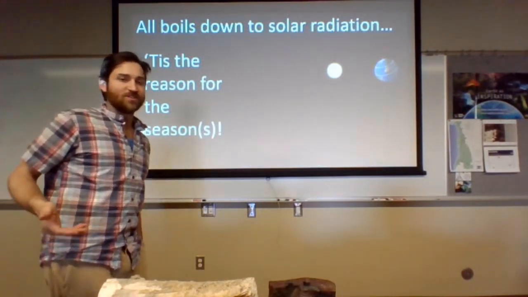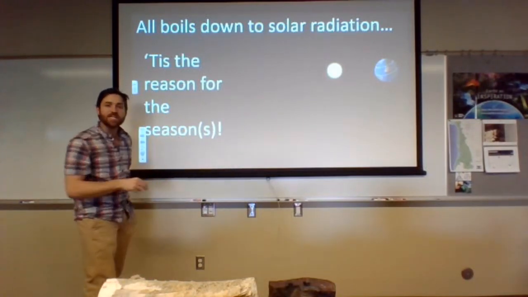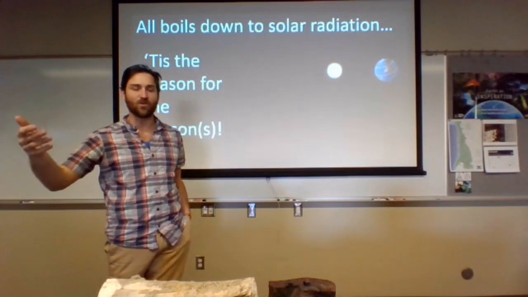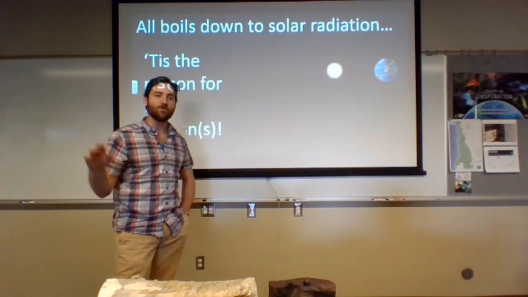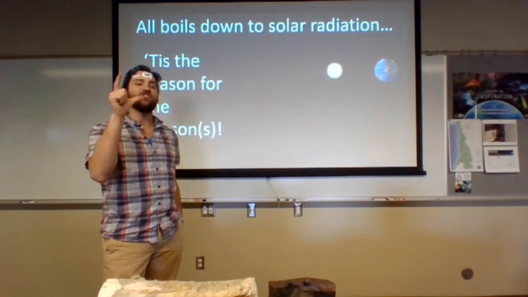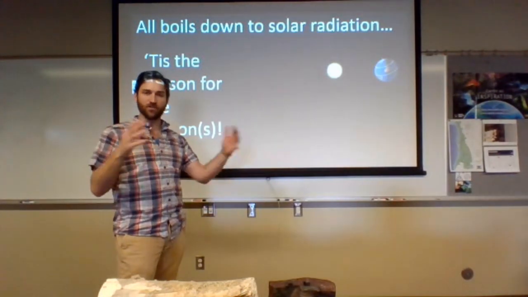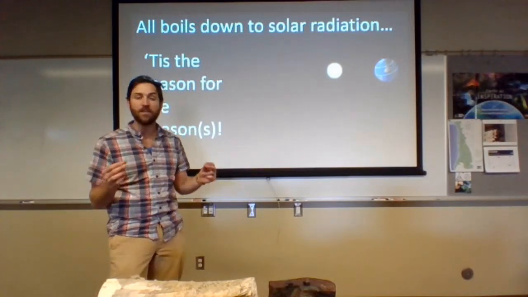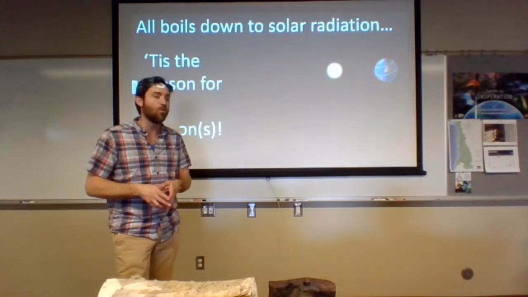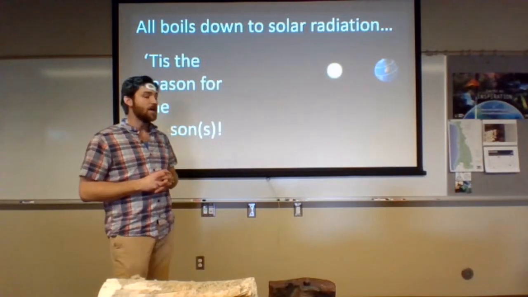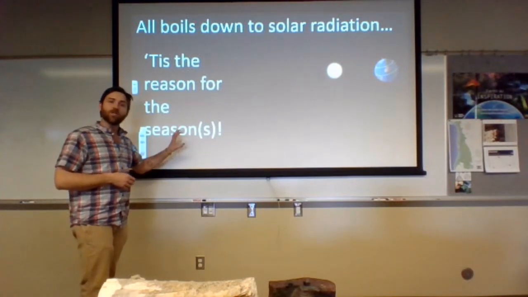So it really all boils down to the fact that we have different variations in solar radiation. And that's actually the reason for the seasons. Here we just went through the Christmas season. We just went through the winter solstice, right? The time of the year where the sun is lowest in the sky. The days are the shortest then. And now after the winter solstice, we start to see the solar radiation returning. Slightly longer days doesn't really mean it's warmer necessarily yet. But inevitably it will become warmer as the sun spends more time in the sky. And the reason for the variation in seasons is solar radiation. Now,